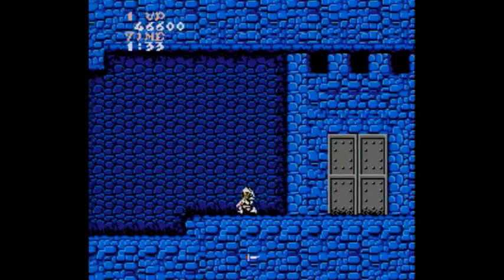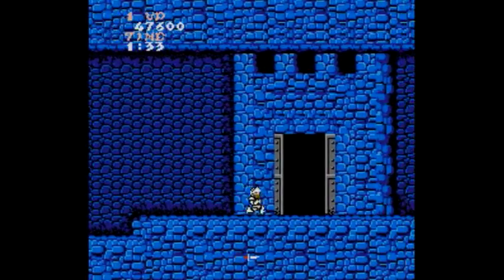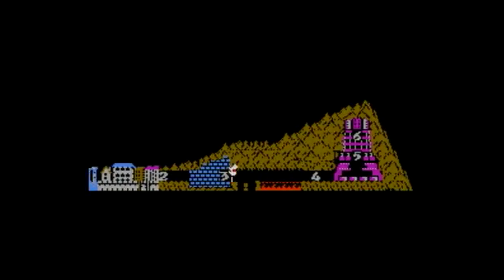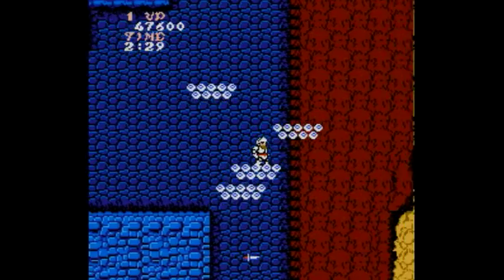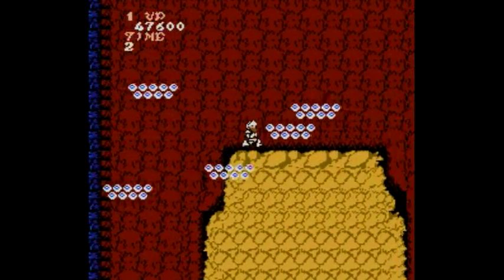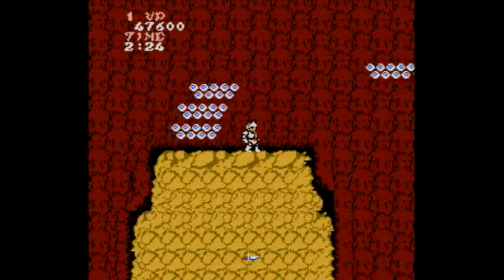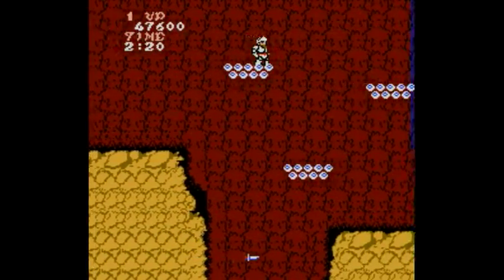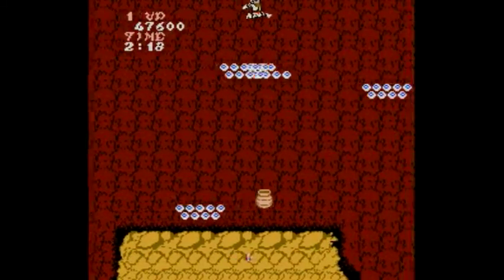Oh yeah, I was always wondering, why do you need a key to go to the next stage? Can't Arthur just, like, break open a door or something? No, he has to get the darn key. Alright, that's self-explanatory, I'll forgive that. And, most annoying level. Oh god. I hate this level. It's because you have to time your platforming just right, and